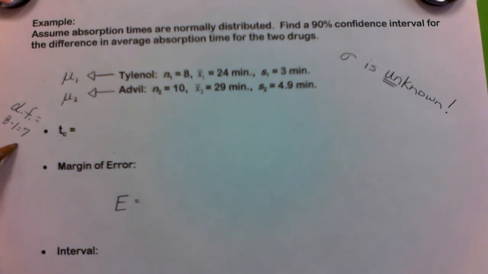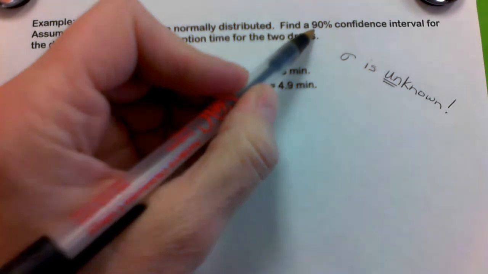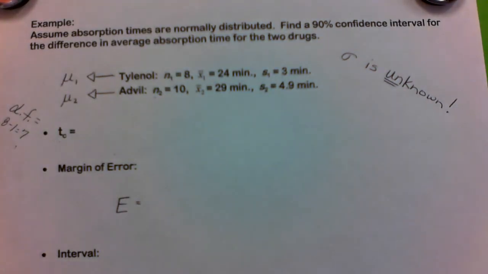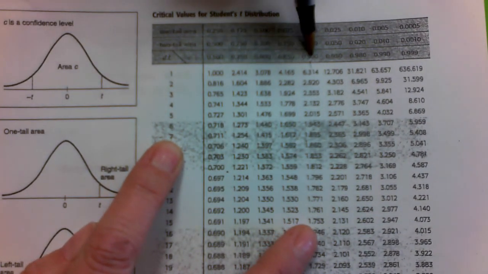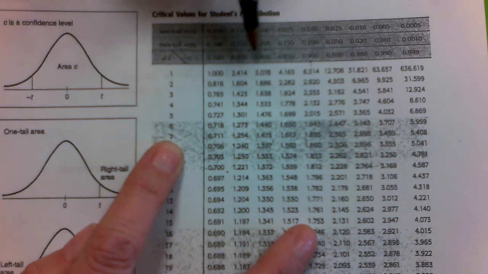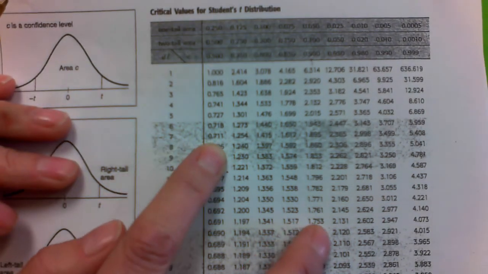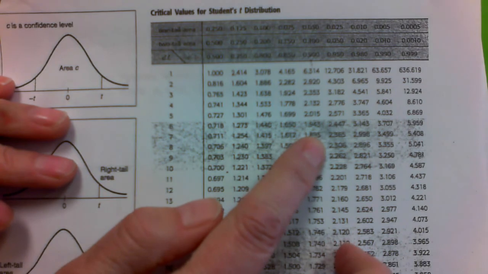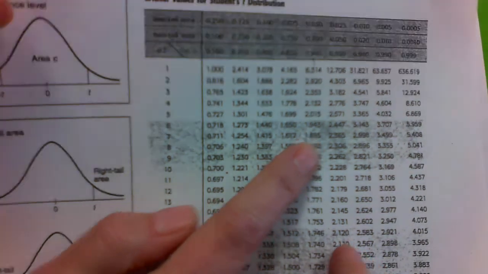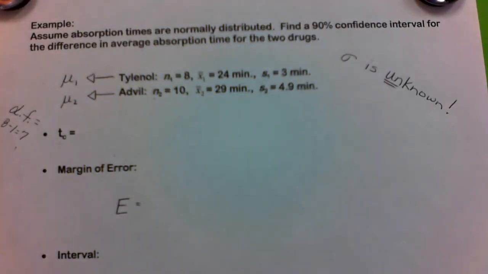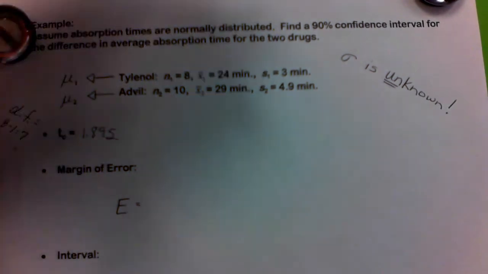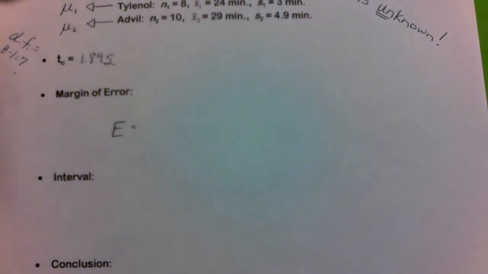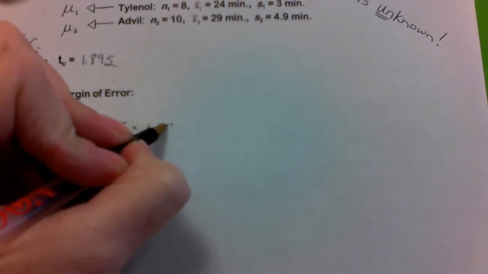So I'm going to use 7 on my student's t-distribution, and 90% would be 0.900. So my DF is 7, which is right here. 0.900 is right here, which is 1, 2, 3, 4, the fifth block over. 1, 2, 3, 4, 5, and that is 1.895. So in my margin of error, it is 1.895